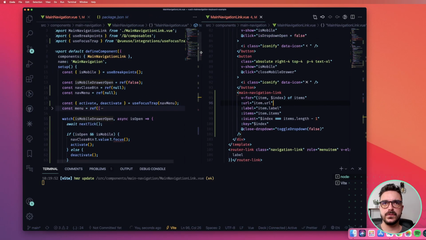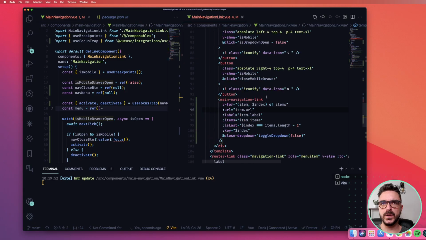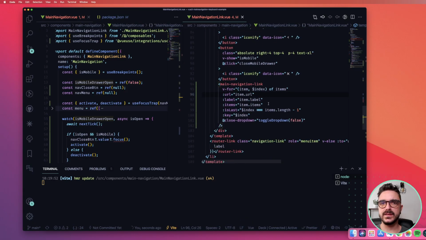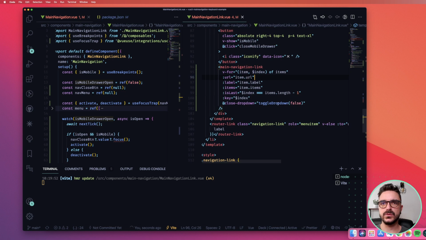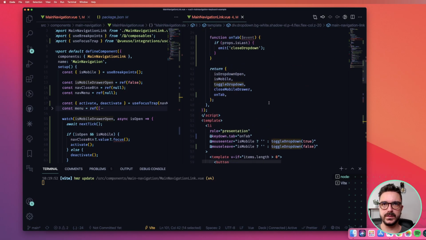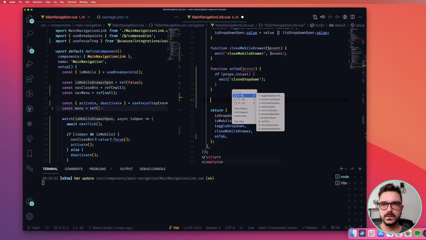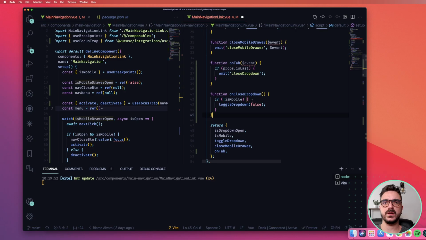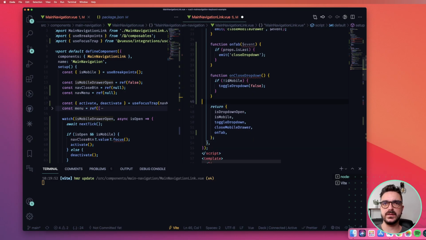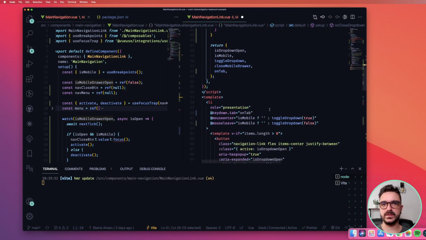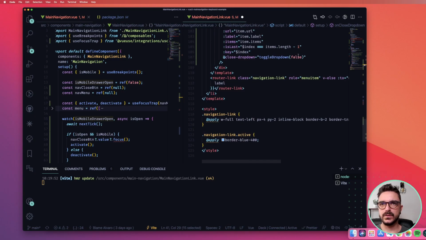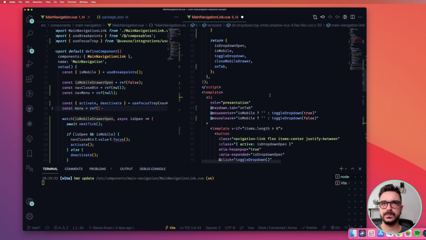We want first to make sure that whenever we go to the last element and it tabs, to toggle the dropdown to false, we are going to come here and create a new function, which is this one, onCloseDropdown. And whenever it is not mobile, then it can toggle it. So on mobile it will not toggle when tabbing the last element. So we go here, and instead of toggling the dropdown, we put onCloseDropdown.